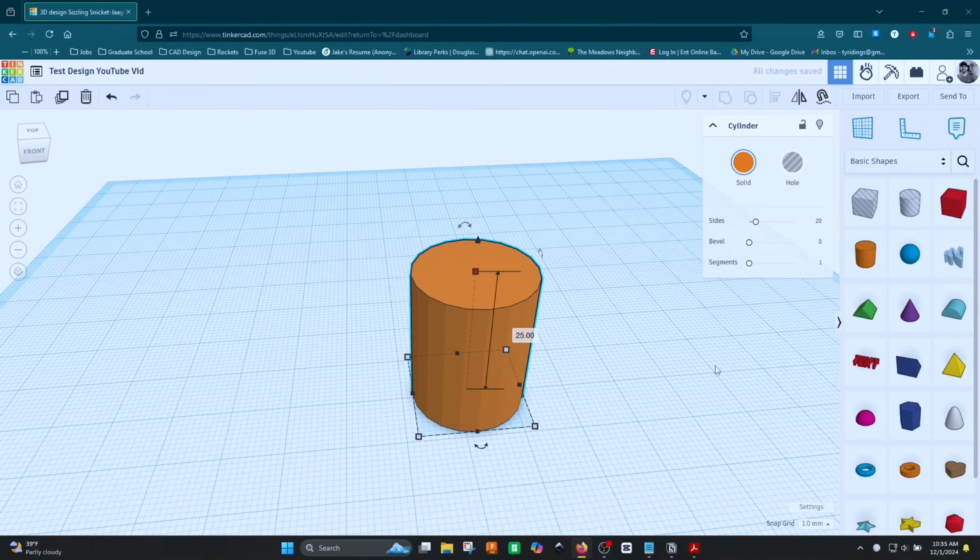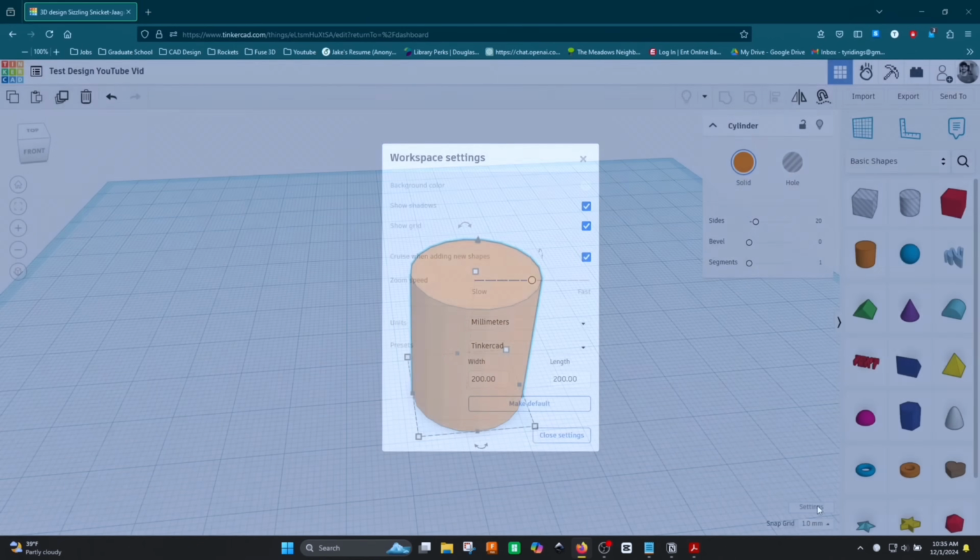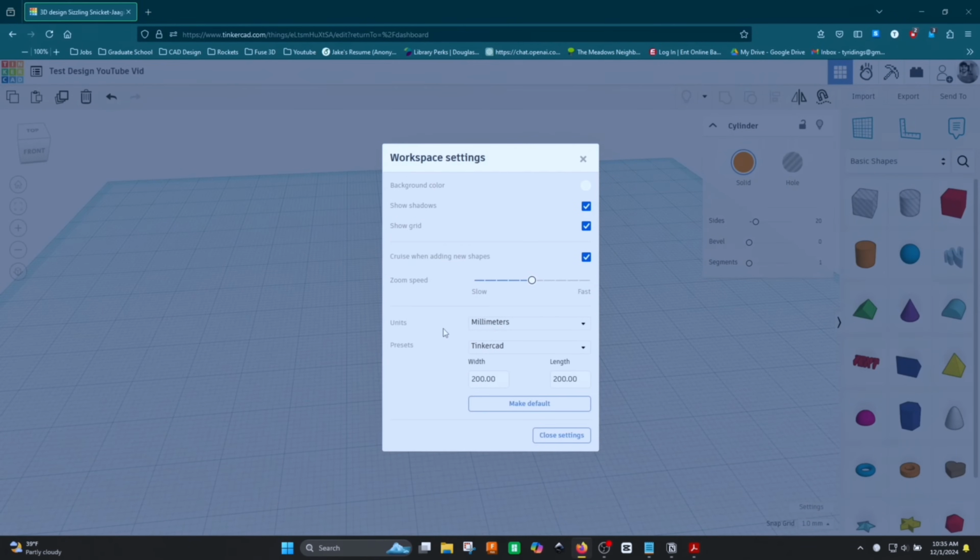This is also a good time to point to measurements. I did bring up the snap grid down here, but you can go to settings and change your measurement units to whatever you want. You can also change the size of the build plane if you're finding that whatever you're making is too big for it, you want to scale it up, or maybe it's too big and you want to scale it down. But that's all down here in the settings. That's how you can